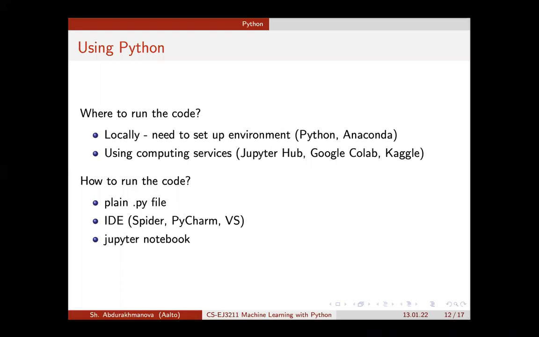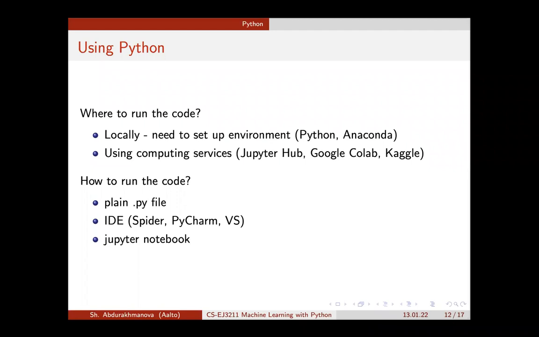You can go to the Python website, download the package and install it, or you can use the Anaconda distribution, which helps you to set up your environment. I use Anaconda and I don't have any complaints so far, so I like it.